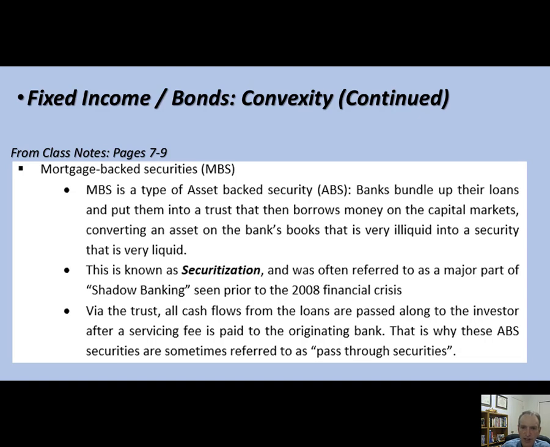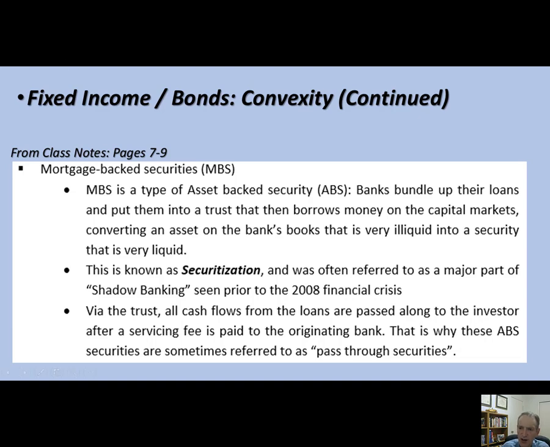So a mortgage-backed security is a type of asset-backed security, ABS. If you're not familiar with asset-backed securities or mortgage-backed securities, Google those terms and get the definition. But essentially, banks have loans on their books. They're very, very illiquid assets. They're not securities. They're illiquid assets. But banks don't really want these loans on their books because they might have a mortgage that's a 30-year mortgage. Well, banks have savings accounts, checking accounts, certificates of deposit that are 1 or 2 years. Their liabilities are very, very short term. They do not want long-term assets. They go out 30 years.